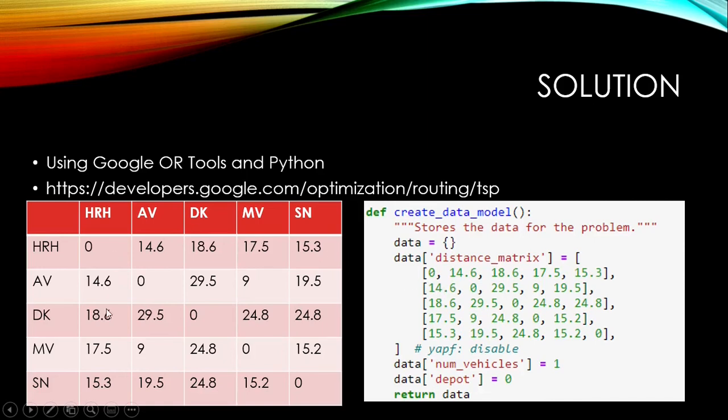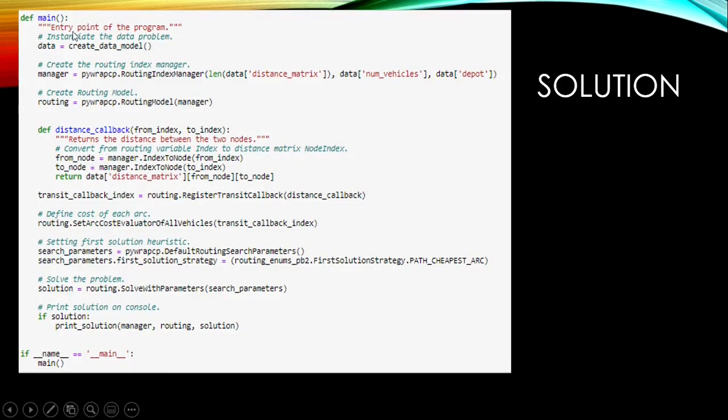So we have modified this distance matrix and made it similar to our distance matrix. Then using this code, we can calculate the optimal route so as to minimize the cost of travel, time of travel or distance of travel.